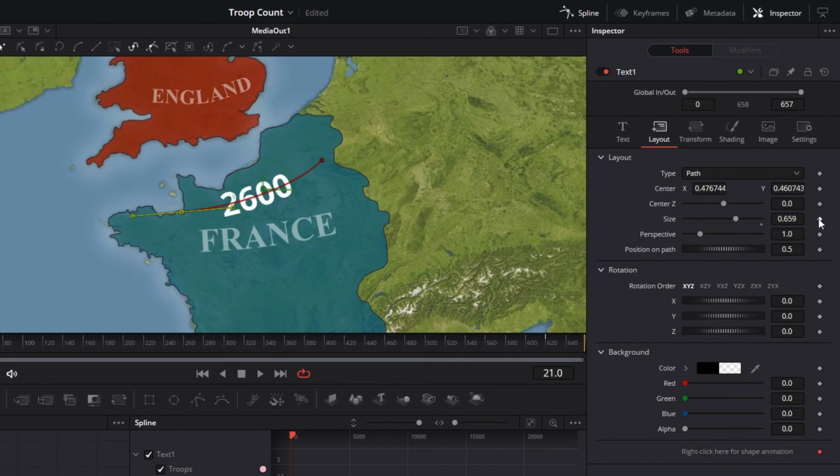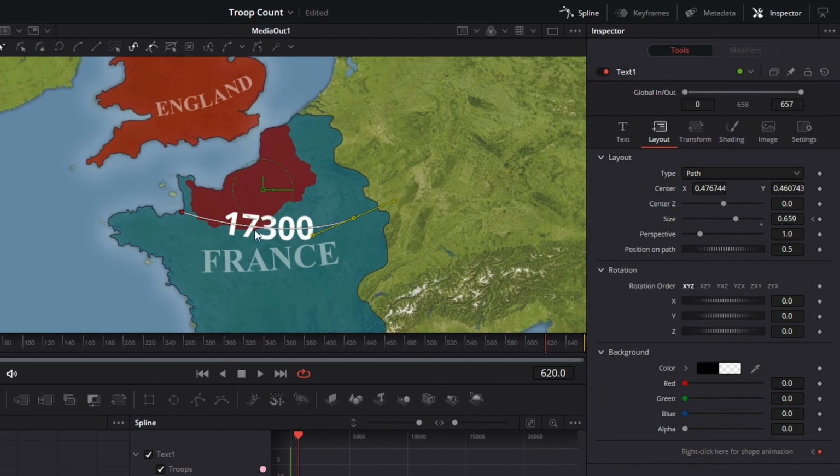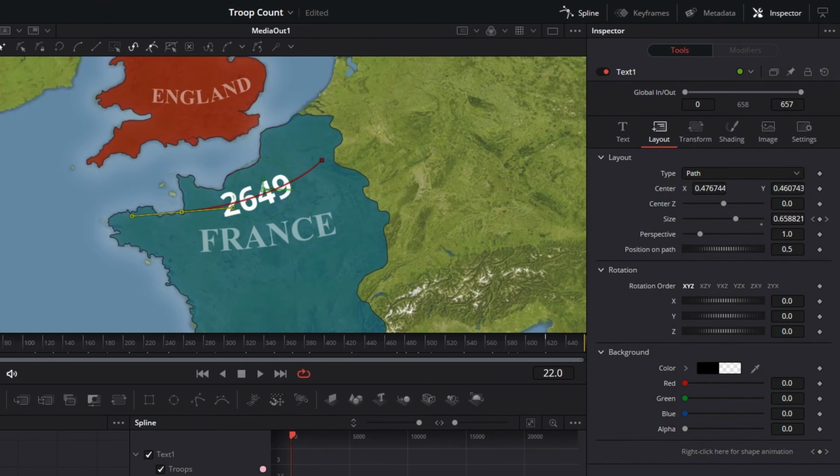Keyframe this at the start position and move to the end of your invasion. You can now change the position of your numbers and edit the path again to match the direction of your front line. We are almost finished, but to make it look extra nice, we can keyframe the size to increase